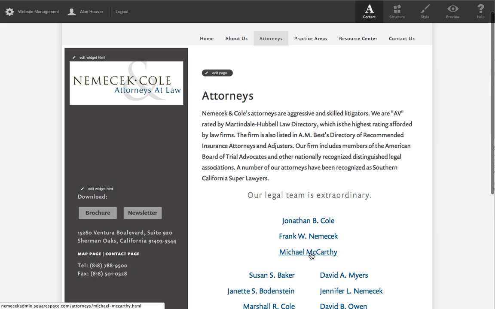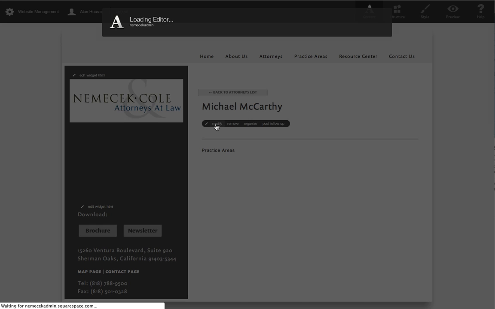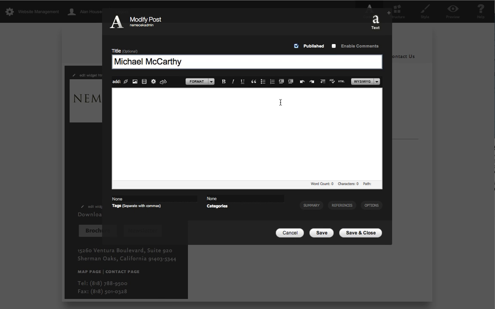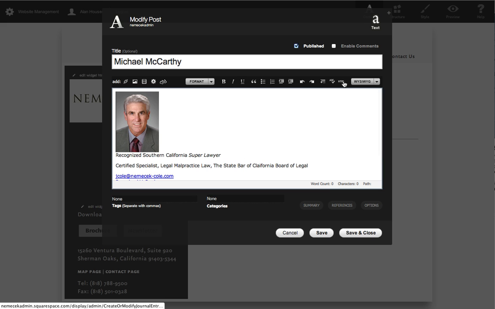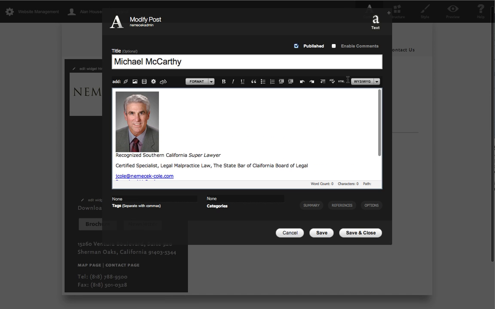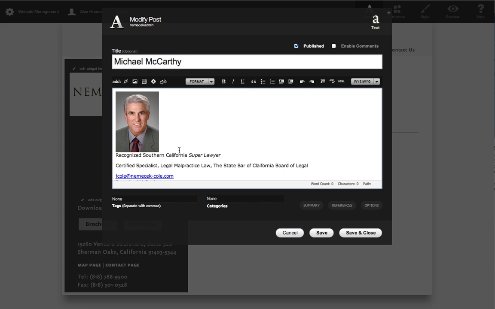And then I can go back there. So there's Michael McCarthy page. And modify. HTML mode. Paste. Then we go back to WYSIWYG mode, and we can kind of see what's going on then. And we see there's actually some other divs and things in here that you want to just kind of be careful of,